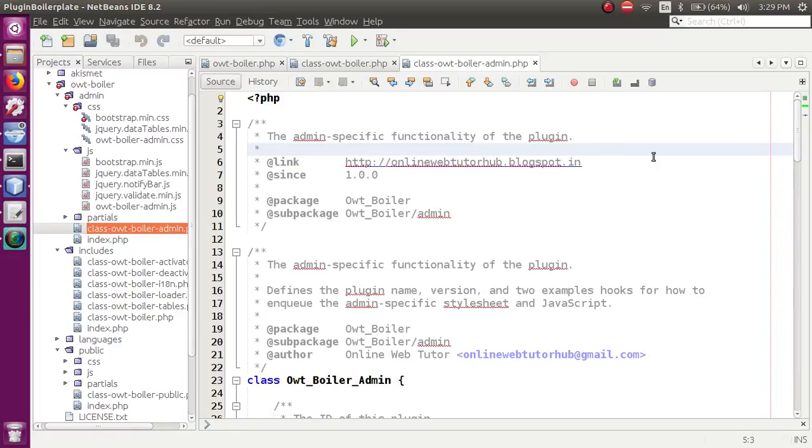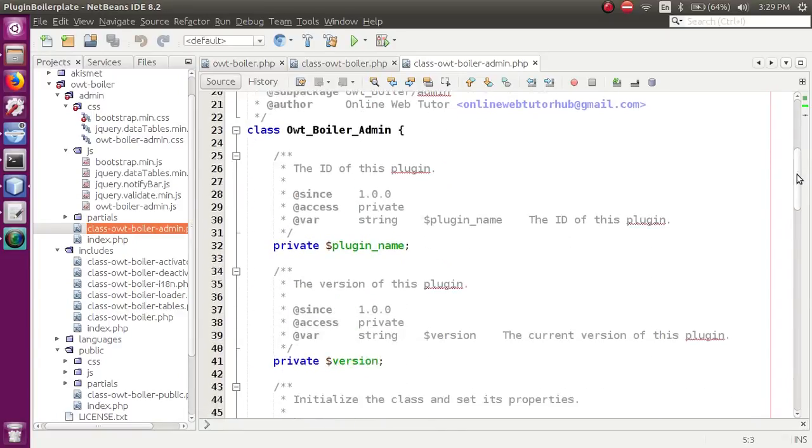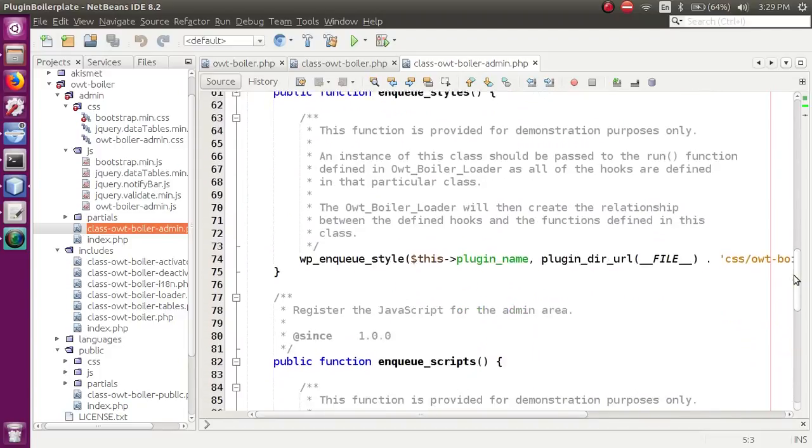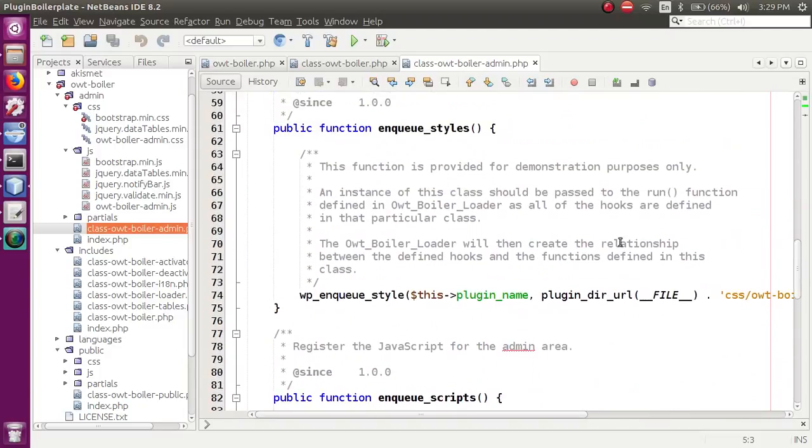This file basically provides you the guide map for linking those files to our folder structure, and here it is. This is the method enqueue styles. Basically, this method includes all the CSS files we placed in our CSS folder for our admin area. So when we define any CSS link in this structure, this method is called right below